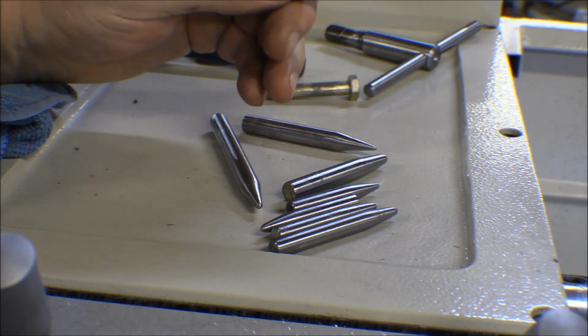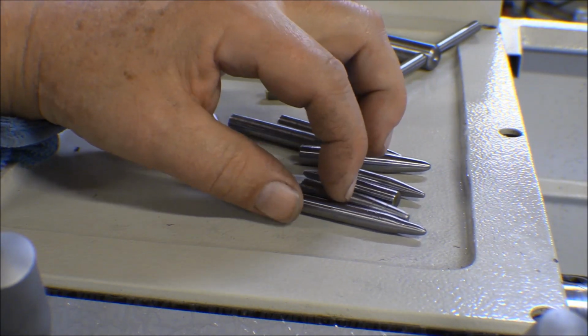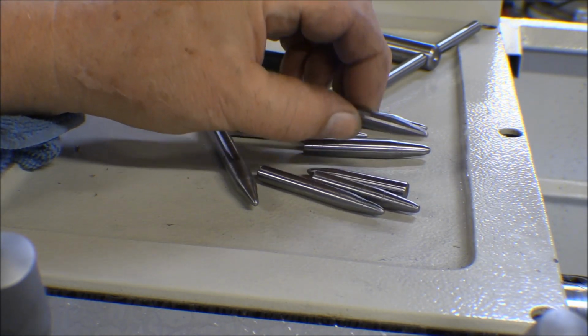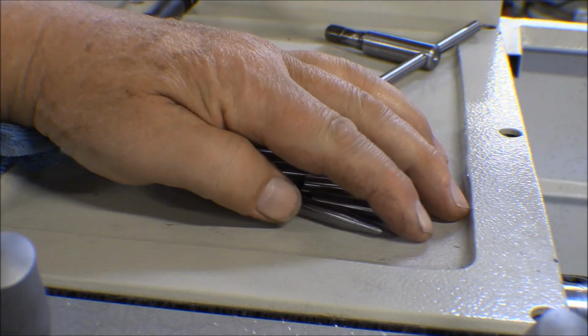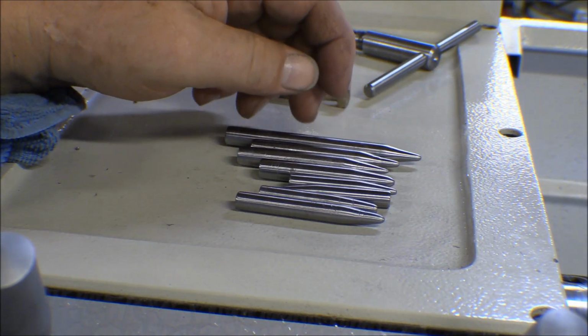This first one here I didn't do very good, and I kind of like these ones that I hand did. They have kind of that bullet shape, the more rounded shape rather than the straighter taper. But these will all work for what they're for. I thought I had a 7 here too, but I don't really need a 7. I don't ever use a 7 for anything